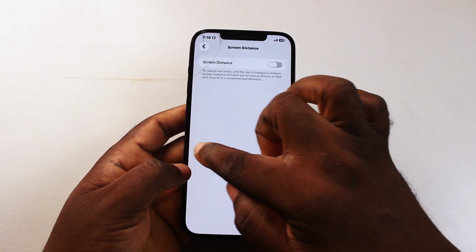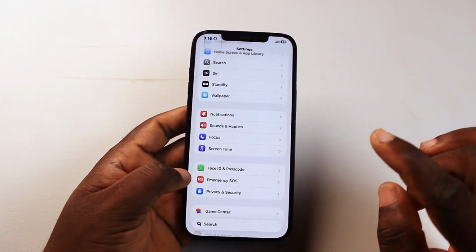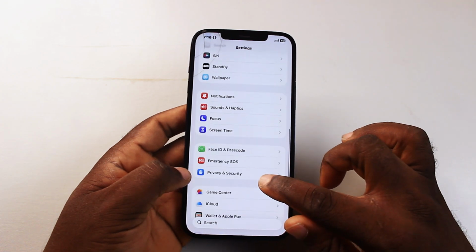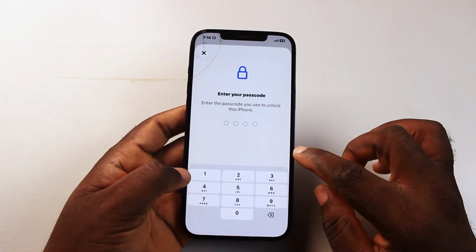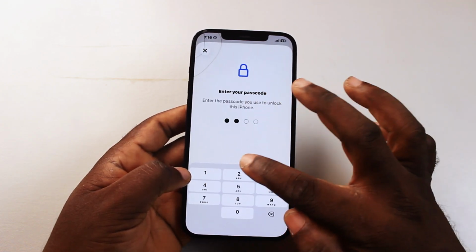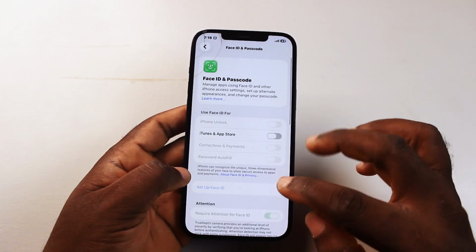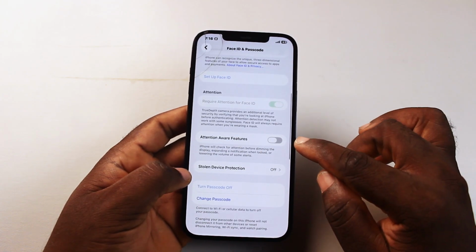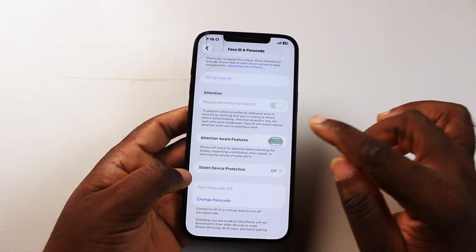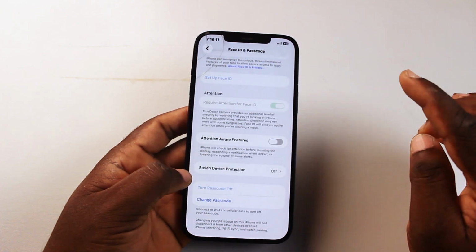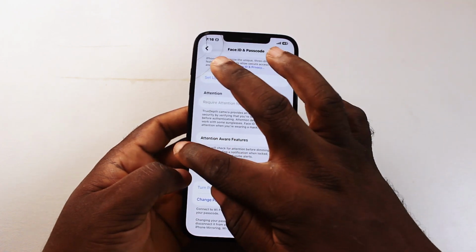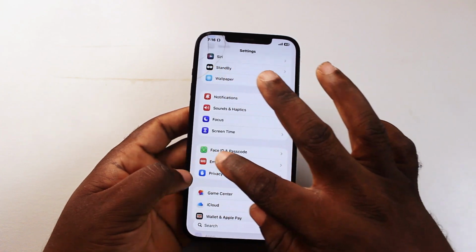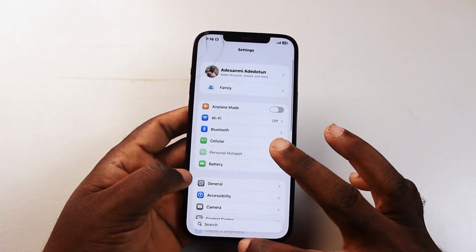Once you are done, go back to the main settings of your iPhone and then scroll down a bit, click on Face ID and passcode. Type in your iPhone passcode and then you want to scroll down to attention aware feature. If this is turned on, you should be able to turn this off right away and then you are good. So that's exactly how to fix can't turn off attention aware